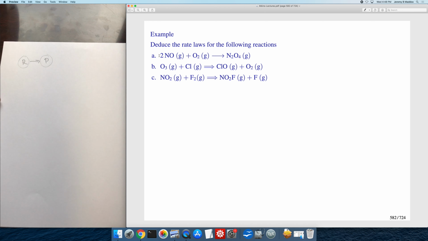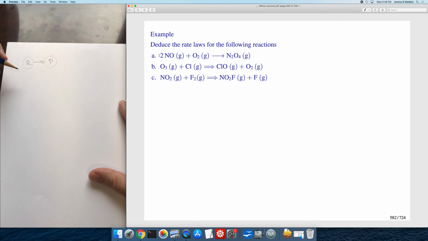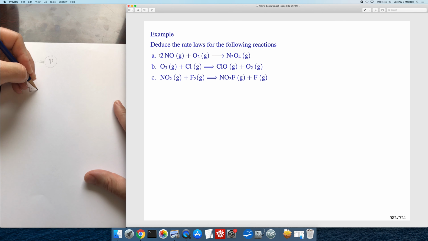So the answer for part A is that you cannot deduce the rate law for a stoichiometric reaction. So you can't provide an answer for part A. However, because the author told us that parts B and C are elementary steps, we can write the rate law for those. So for part B, you would write the rate for that step would be whatever the rate constant